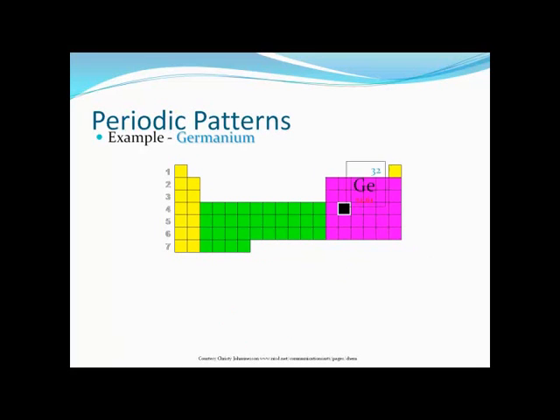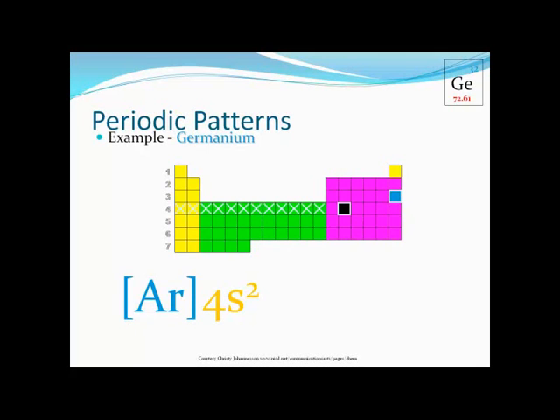Let's look at germanium. Germanium's a little different. It's element number 32, so it has 32 electrons. Argon is going to be totally filled. It's going to be totally filled up to argon, and we can use the square brackets to represent the 1s2, 2s2, 2p6, 3s2, 3p6 of argon. Then, the next 2 electrons go into the 4s. Then you've got 10 corresponding to the 3d10, and then